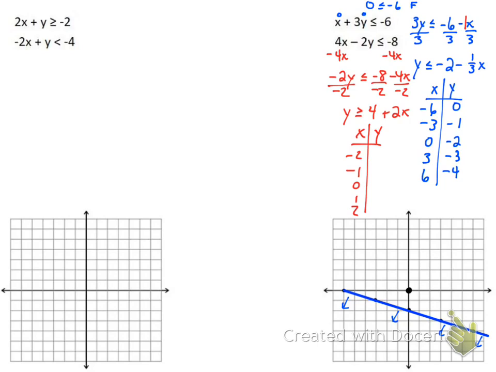Let's see, we've got a 4 here, 2, 0, 6, 8. Negative 2, 0. There we go. There's my line. Just like that. And again, when I plug this one in,